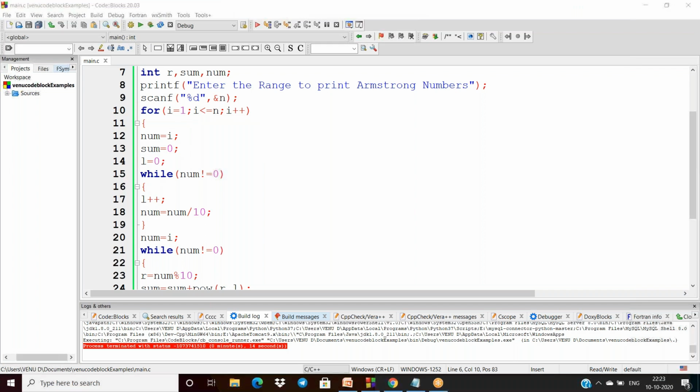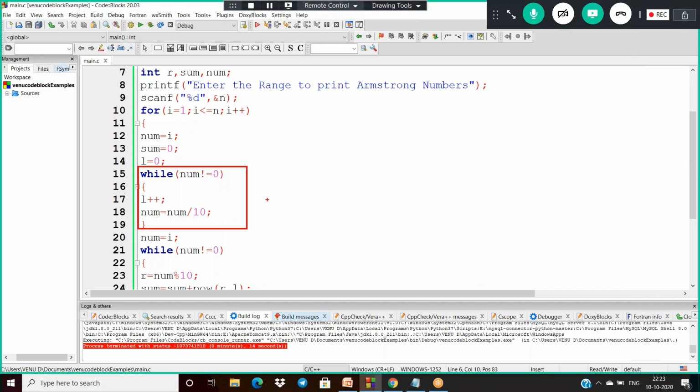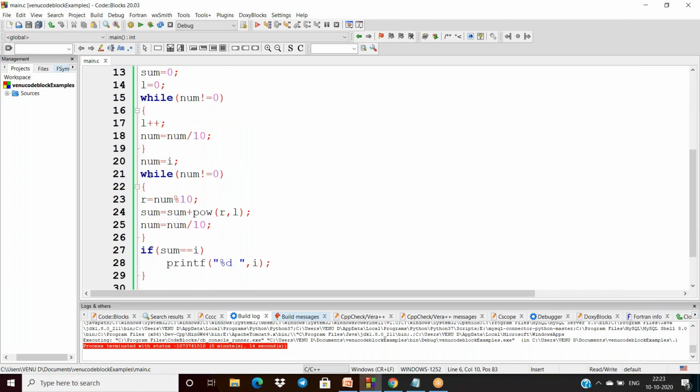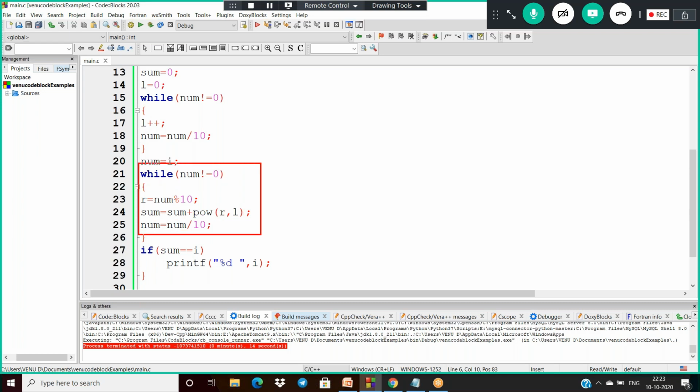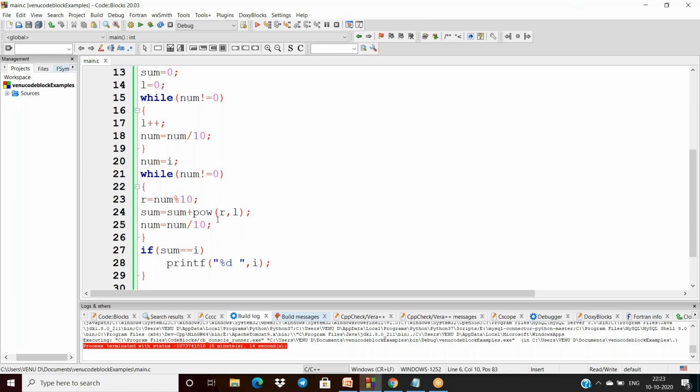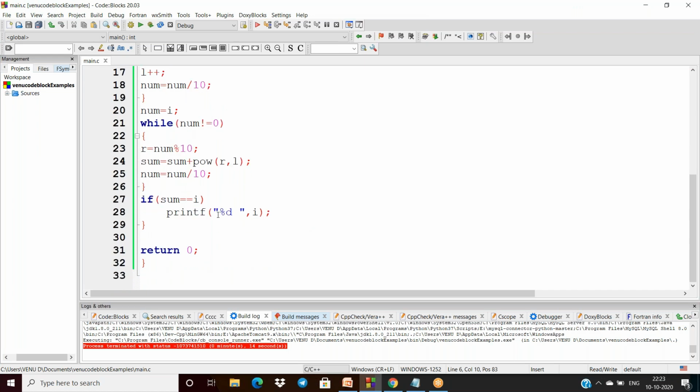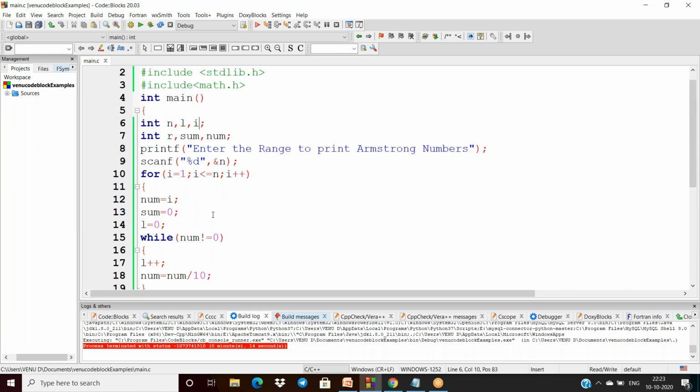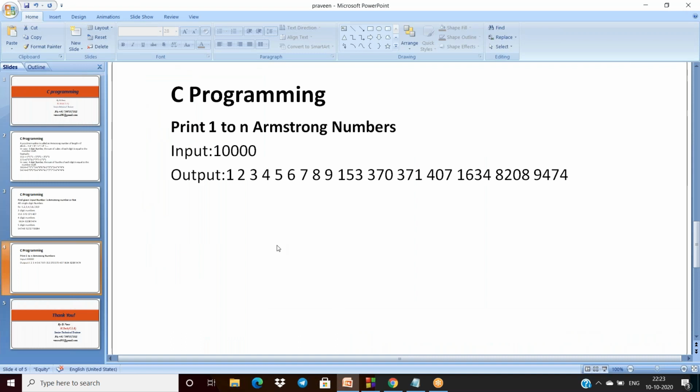This is for finding the length, and after then finding the sum. Finally, if sum is equal to i, then it is an Armstrong number. So this is the code for printing 1 to n Armstrong numbers. If we give 10,000 as input, we got the expected output.